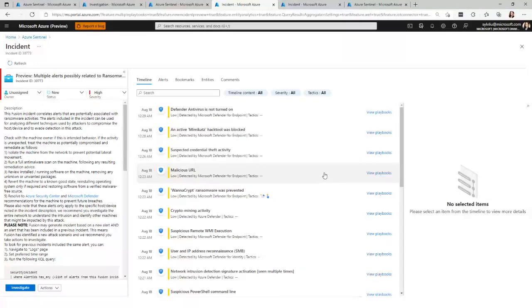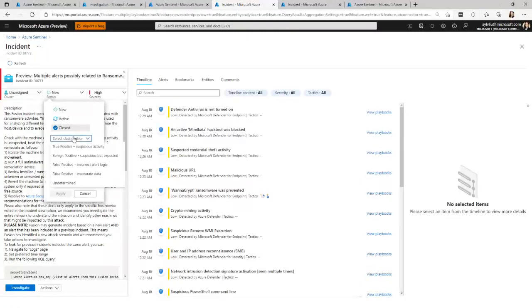Once you investigate the incident and close it, we strongly recommend you provide your feedback to let us know if the incident is a true positive or a false positive, to help us understand whether we are triggering the right incident in your environment. Also, there is a section for comments.